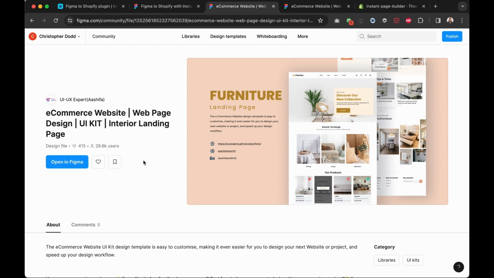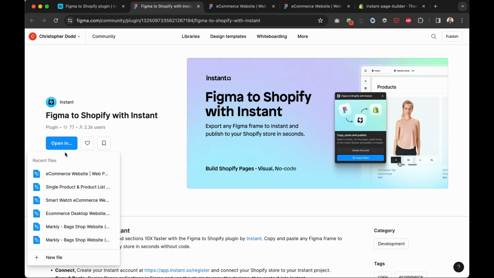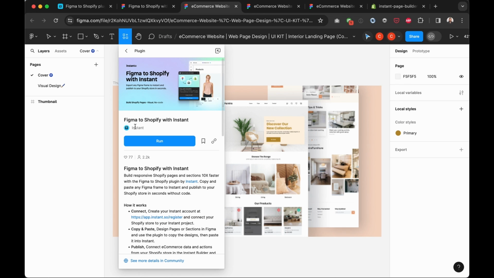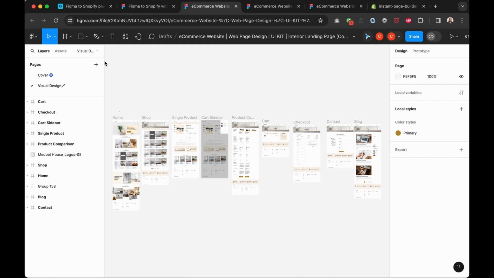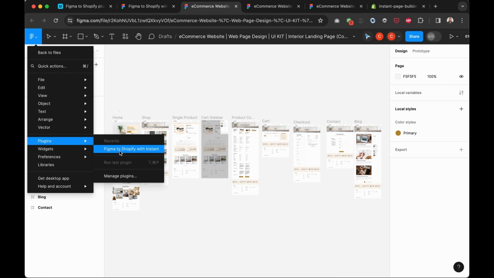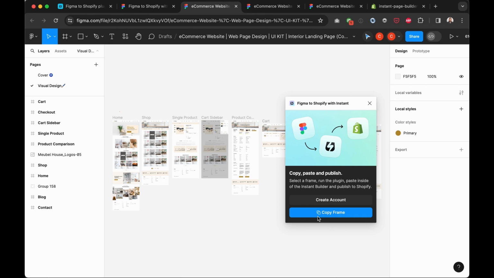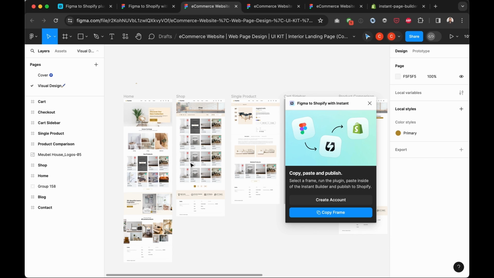So let me go back to here. Where was I? Right here, and then click open in, and then click e-commerce website. As you can see here, I've got this blue button for run. Let me just switch to visual design first. I've lost it now, but if I go over to here, plugins, Figma to Shopify with instant, we get the same thing. And we need to just choose a frame, run the plugin,